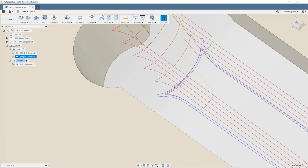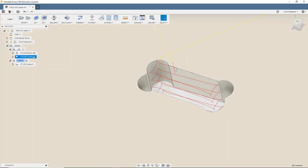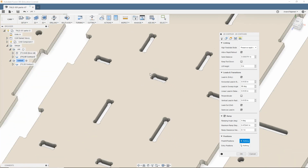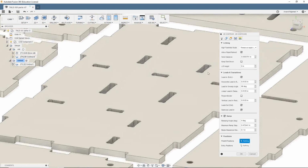It's just that the bottom pass is counted as a finishing pass. And I've got a 4-degree ramp right there with the 0.1 inch clearance. So it starts 0.1 inch above the part and then ramps down at a 4-degree angle. I've got lead in and lead out enabled. You don't really need them for this. I really shouldn't have enabled those, but